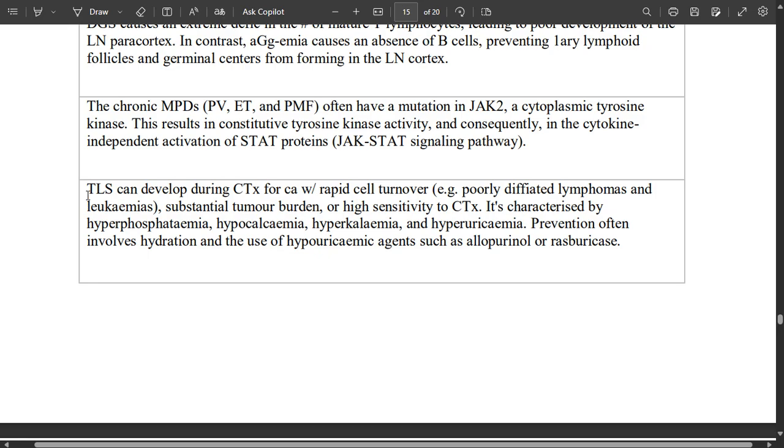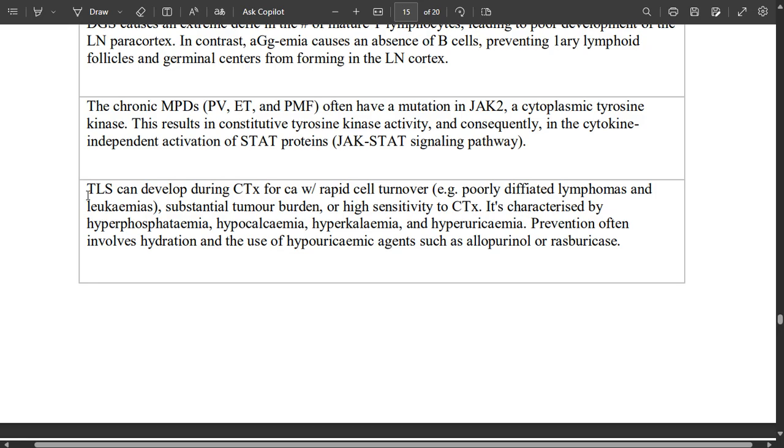TLS, tumor lysis syndrome, can develop during chemotherapeutic treatment for cancers with rapid cell turnover, that is poorly differentiated lymphomas and leukemia. Lymphomas are the multiplication of lymph node cells, lymphocytes. If they are poorly differentiated lymphomas or leukemias, with substantial tumor burden or high sensitivity to chemotherapeutic agents, then